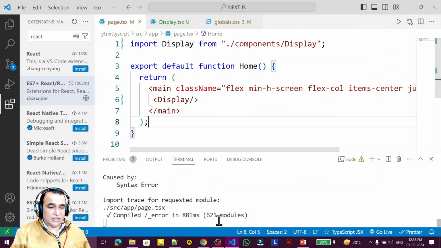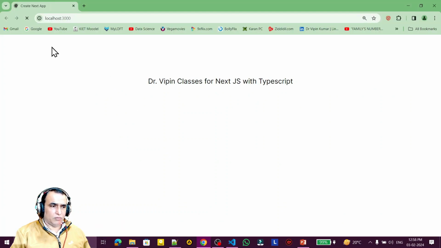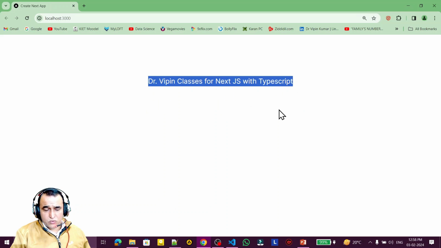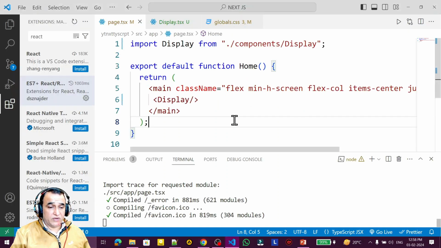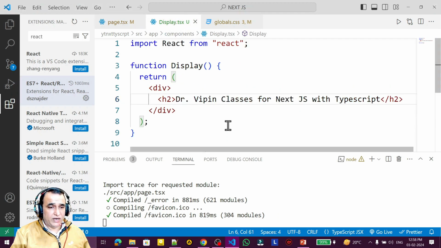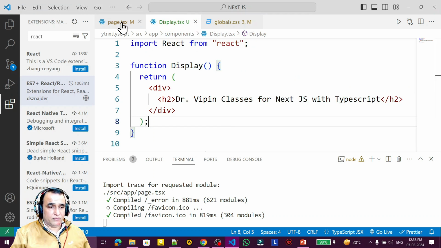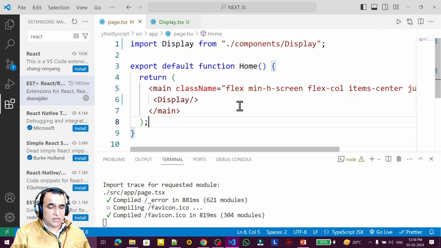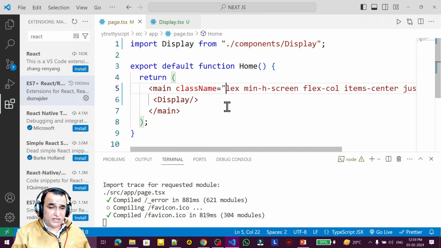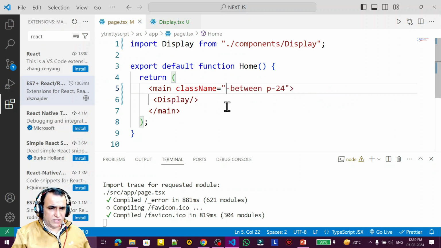You will see the output, no changes there, no problem, because we have to refresh it. You see that same we have here, no output change. Everything we have done inside a component here now. And now I am removing all these things from here, no requirement of this class name here right now. Just I give here